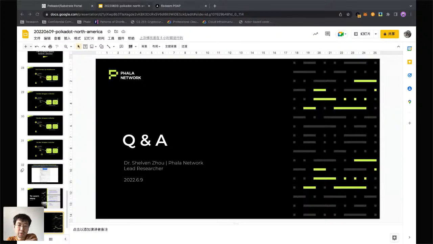Actually, about the second question here, I think the question can be answered in twofold. First, your contract is not forced to be executed by only one worker. During the deployment, of course, you can choose to deploy it on multiple workers.